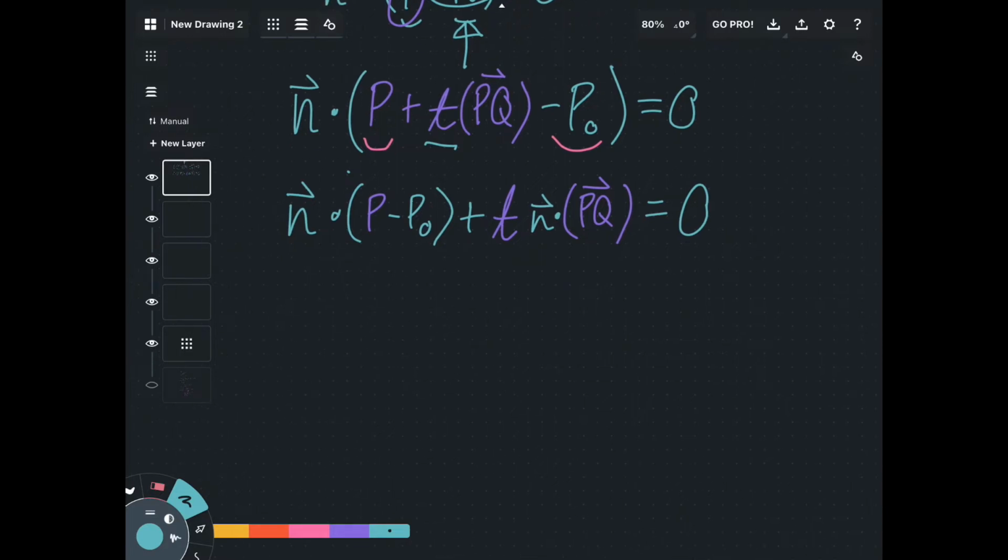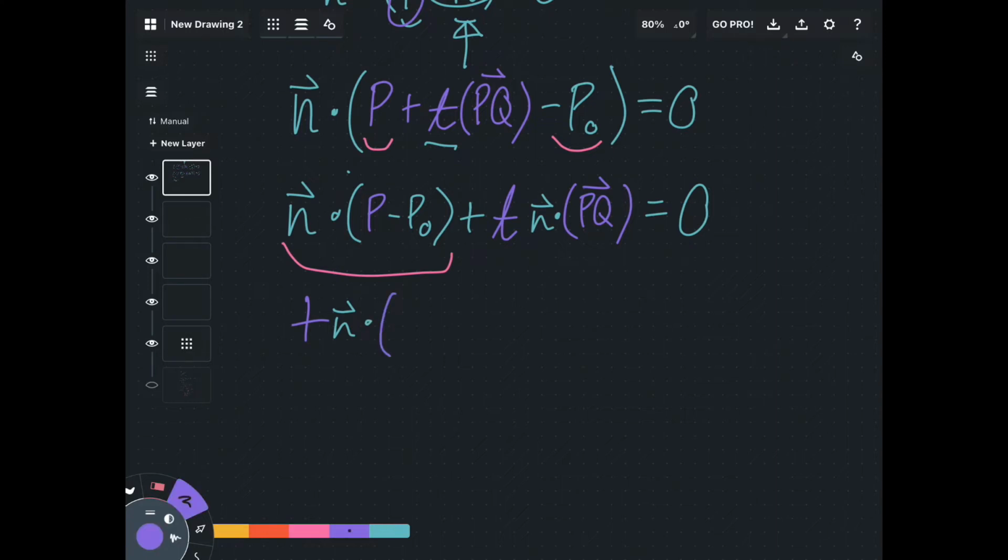Equals 0. That's pretty sweet. So now we have gotten t broken out of the middle of these parentheses, but t still needs to be isolated. At this point, it's just straight up algebra. So we're going to move this to the left side of the equation, and that's going to give us t